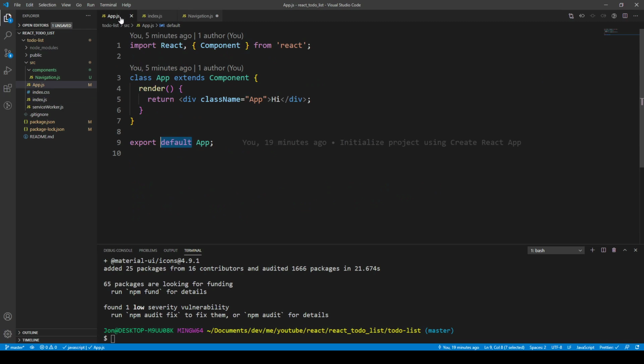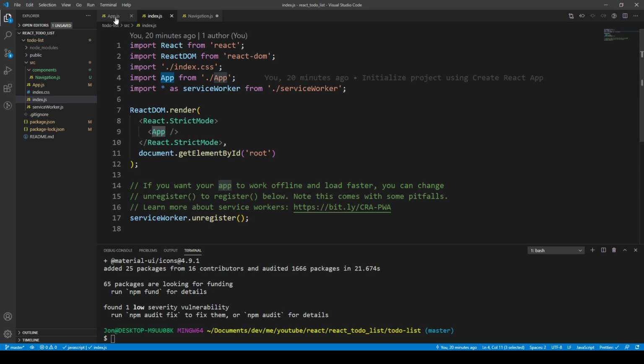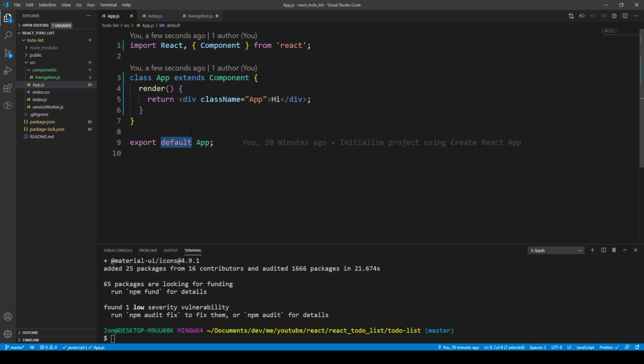But if we were to, for example, use it in the destructuring way, and we had multiple classes and we just said export app and then export another class that we had, that would mean that when we export it without the default, we have to import it with the curly braces, just for the destructuring of it, similar to this component for React component. So anyway,